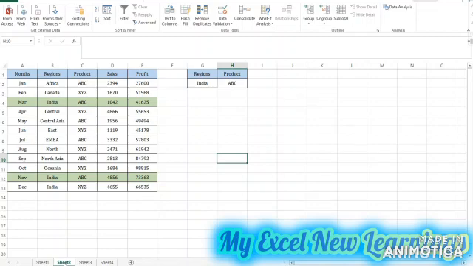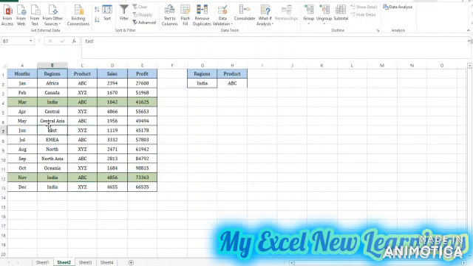If we want to pull the data for the region India and the product only for ABC. So here you can see for India I have given 2 products, that is one is ABC and one is XYZ. So I want the only sales and profit data for ABC product. So we will use the same steps. Go to the data tab.